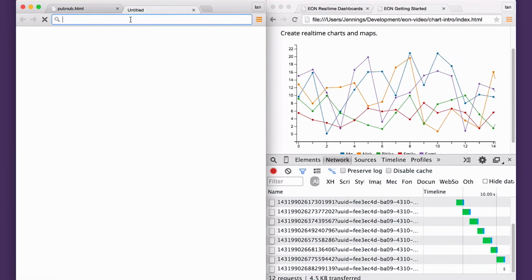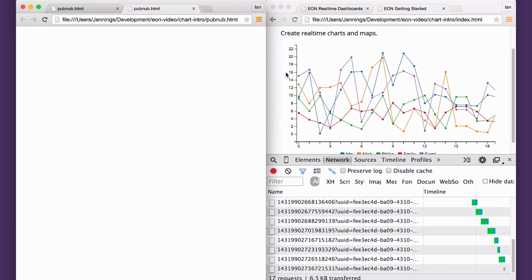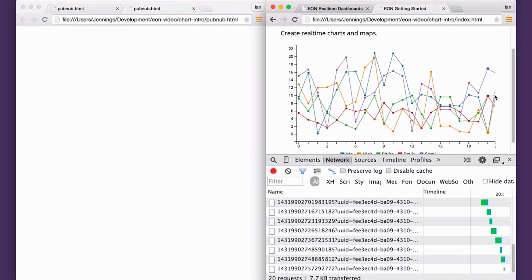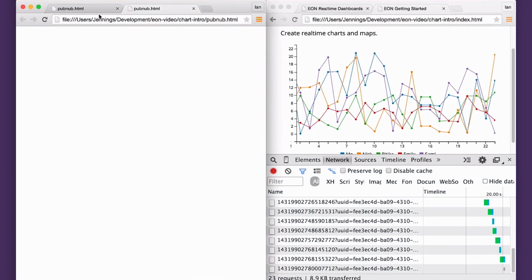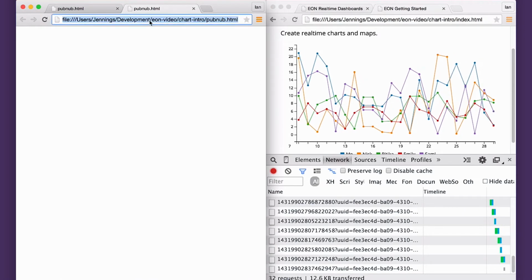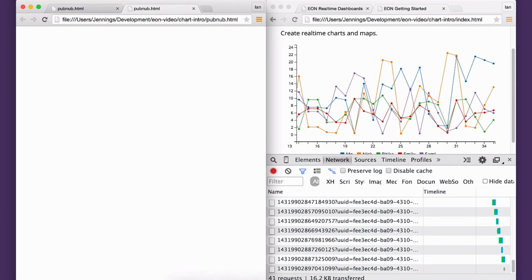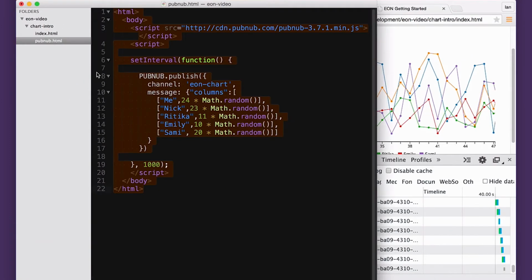Now, if we open two instances of this window, you'll notice that it's not coming twice as fast. So what's happening is whichever one of these is publishing later is actually overwriting the original value, and this helps with distributed systems. And what I mean by that is if we duplicate this,